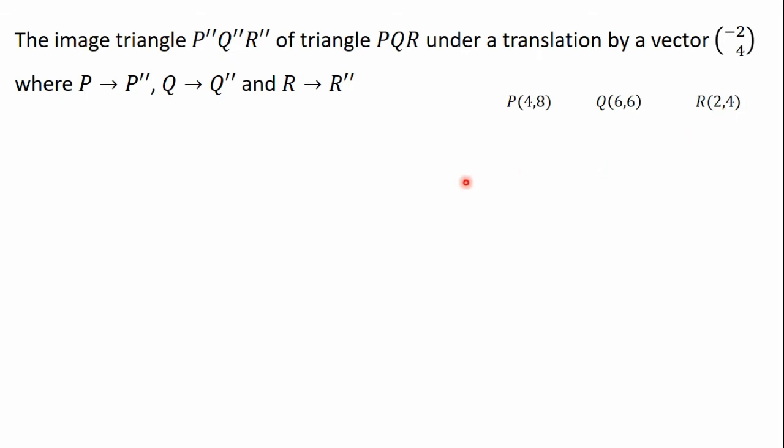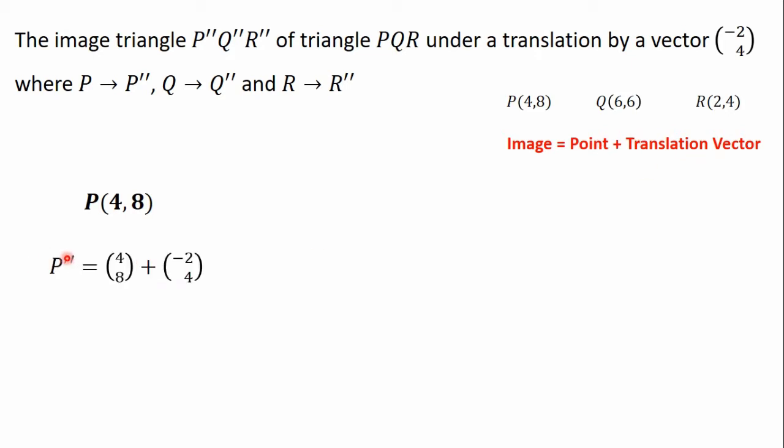In the videos on translation of a point in the XY plane, we learned that when a point is translated in the XY plane, to get the image, we will add the point to the translation vector. So let's start with the point P. The point P has the coordinates (4, 8). To get the image of P, which is P'', we will add the point P to the translation